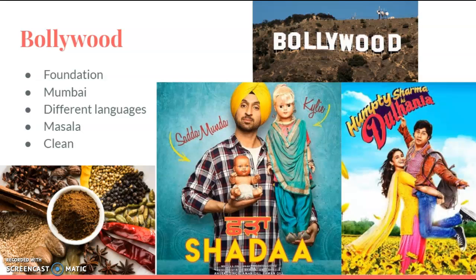Bollywood produced almost 1,800 movies in 2018. Most are in Hindi, but some also have partial Urdu or Punjabi and sometimes other languages as well. Bollywood movies often follow the same outline that is called masala, which means spices. The movies are up to 3 and 4 hours long and include an intermission. They will also often include lots of songs and dances.